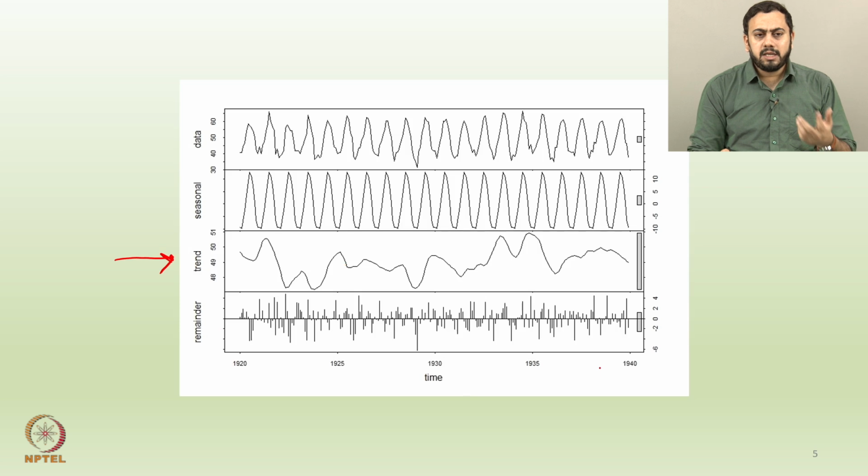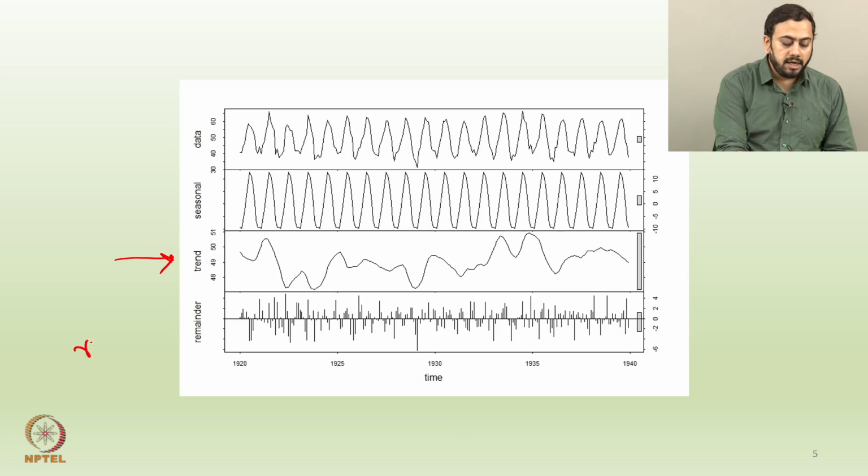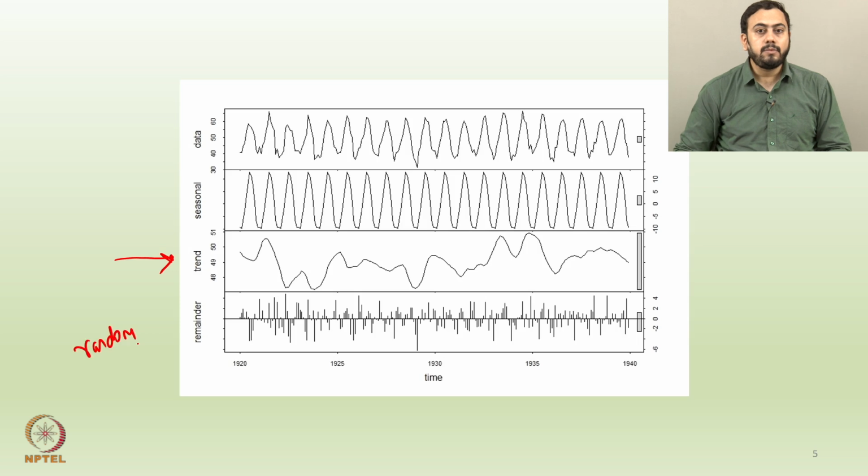By the way, remainder is nothing but what is left from a time series if you remove all the other components. So, let us say if you remove the trend aspect, or the seasonality aspect, or the cyclicality aspect, then whatever remains is called a remainder. And again the fourth row gives you the behavior of the remainder, and one can see that remainder is indeed completely random. So, this is a very simple exercise that should be performed at a very initial stage just to check which component dominates a time series, whether it is trend or seasonality or cyclicality, etc.